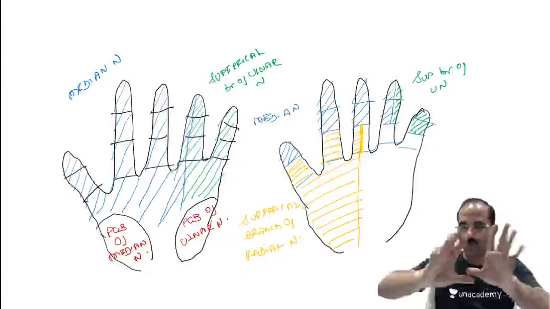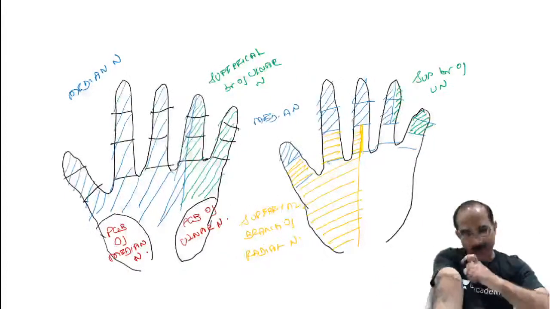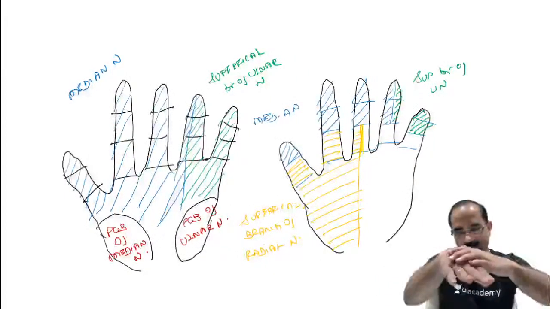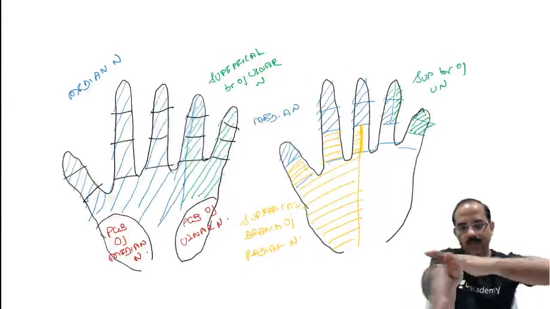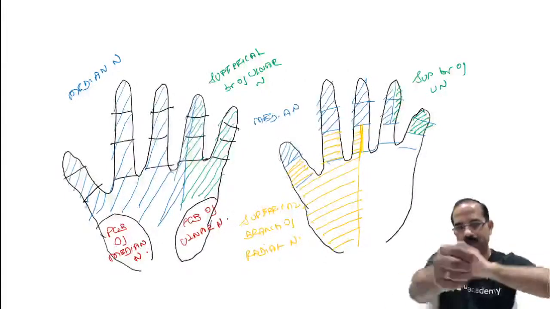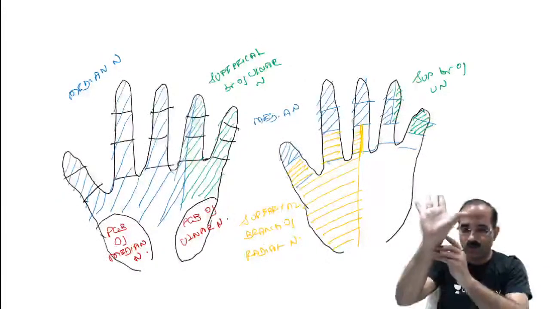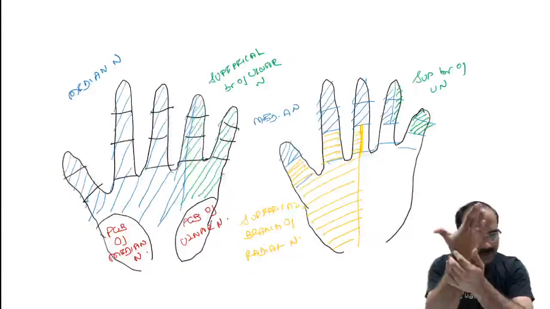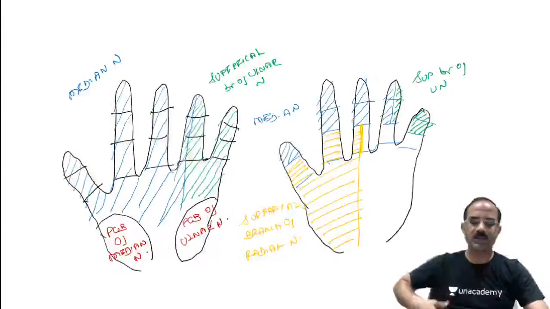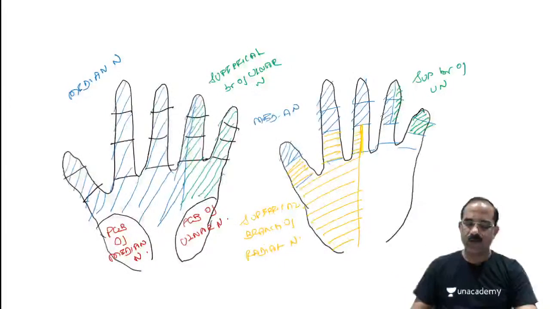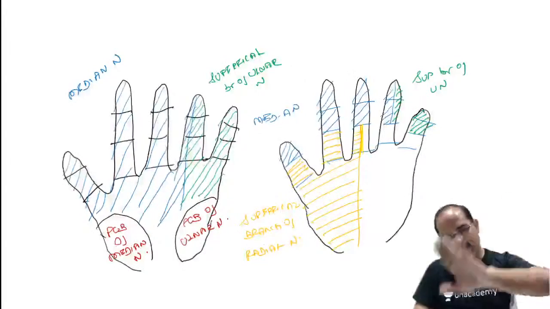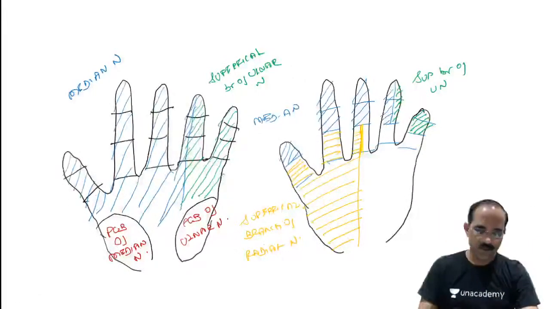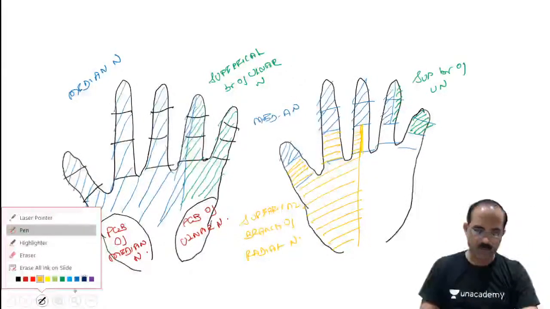The superficial branch of radial nerve, from the cubital fossa, how does it come to the hand? It goes below the brachioradialis. It comes in the roof of the anatomical snuffbox and supplies the skin on the dorsum of the hand and the proximal phalanges of 2.5 fingers.